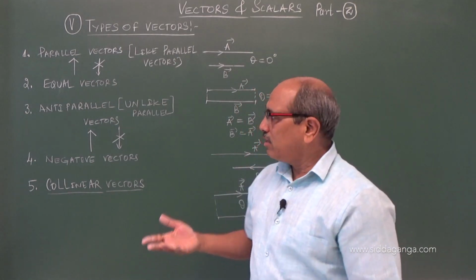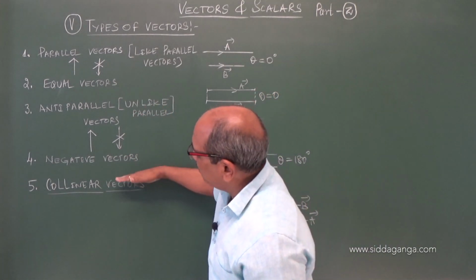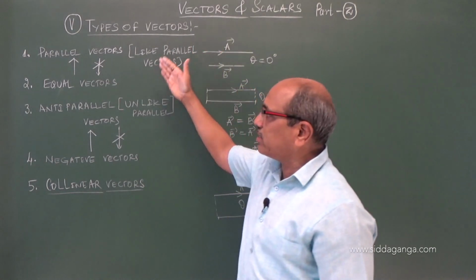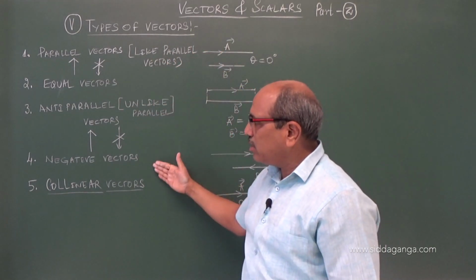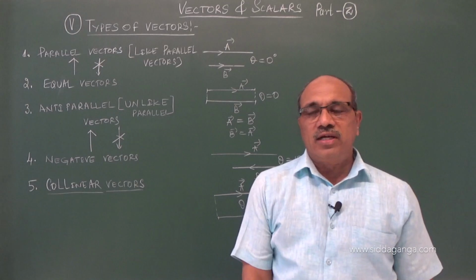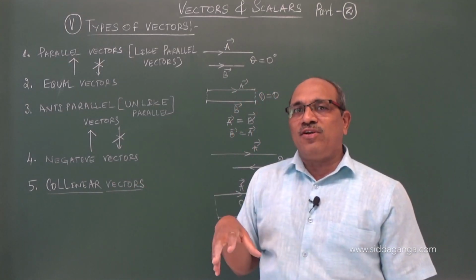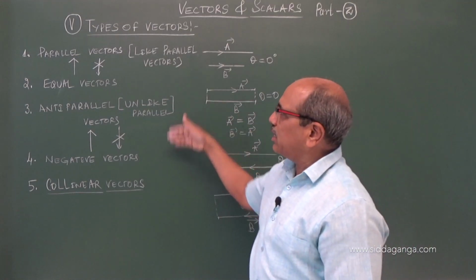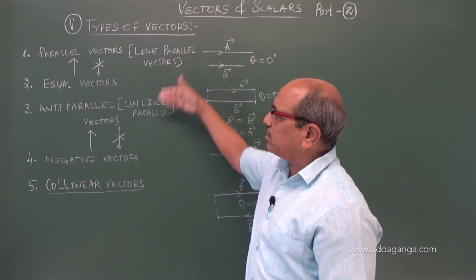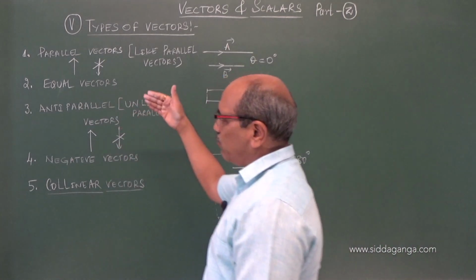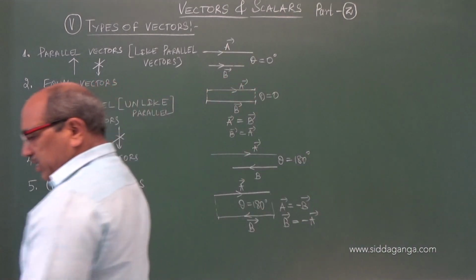What is then collinear vector? We can think in these types. Maybe parallel vectors or equal vectors or anti-parallel vectors, or negative vectors. I think you have followed. It is not a special case, it is the head of all. We can split in any other ways. Either parallel vectors or anti-parallel vectors can be together called collinear vectors. I think you have followed those five. Coming to the next.